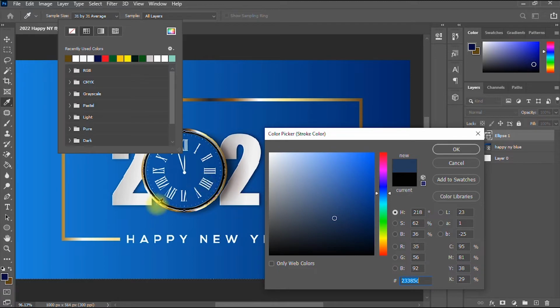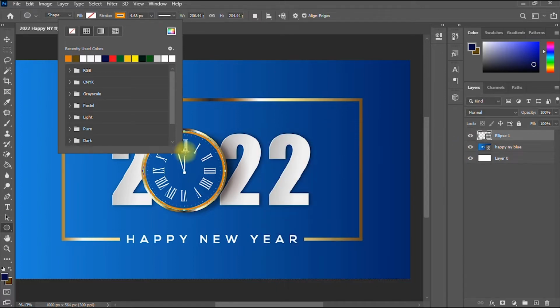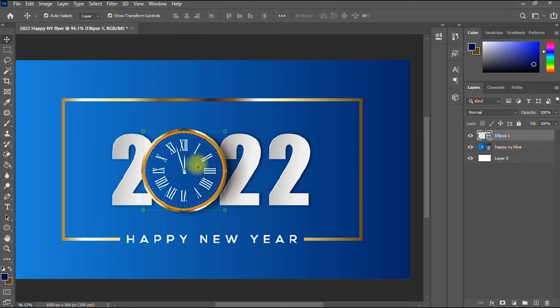Okay, why is it not showing me that color? So it's showing that gold color. Okay, so I take the gold color like this, and I click OK. As you can see, I have given the circle, or the ellipse, a gold color to match the color of the clock or the timer. All right, so the next thing to do